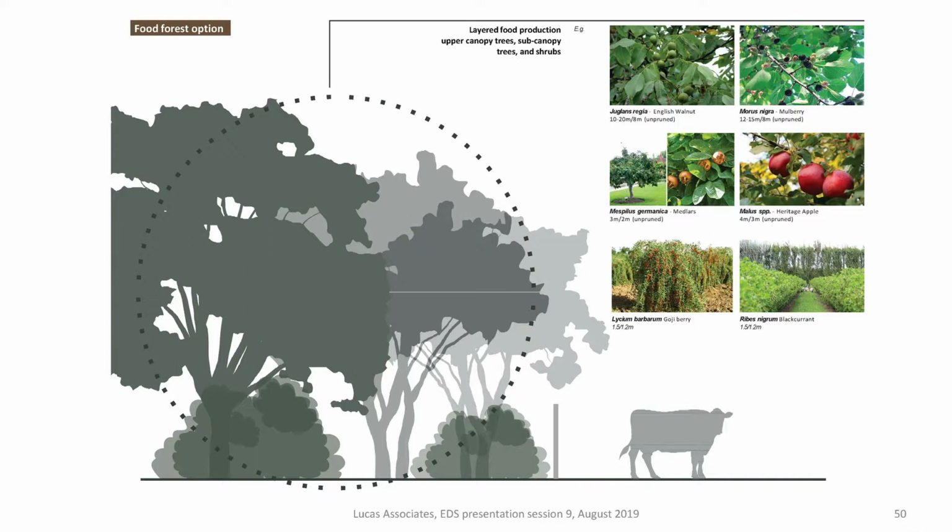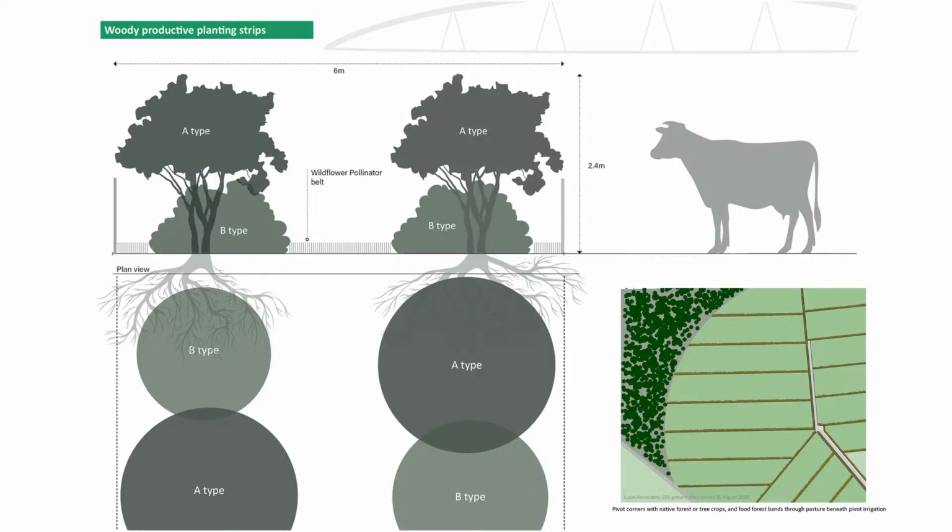And then the lines through the pivot, woody food forest bands, food crops. There we've got native vegetation established especially on the terrace scarps, and then around the pivots, tree crops or native forest,